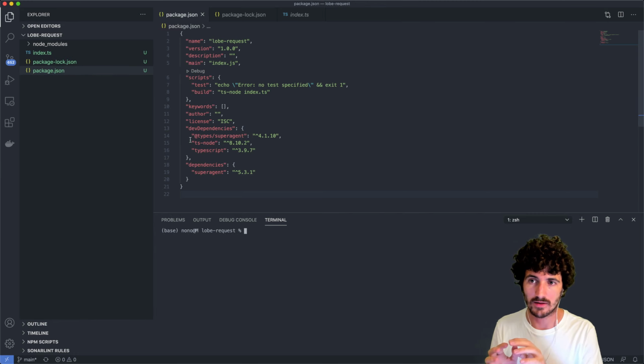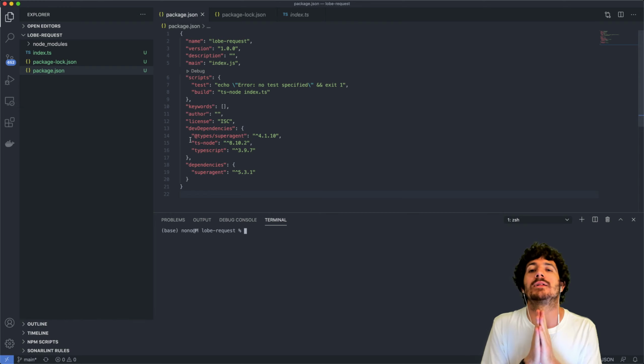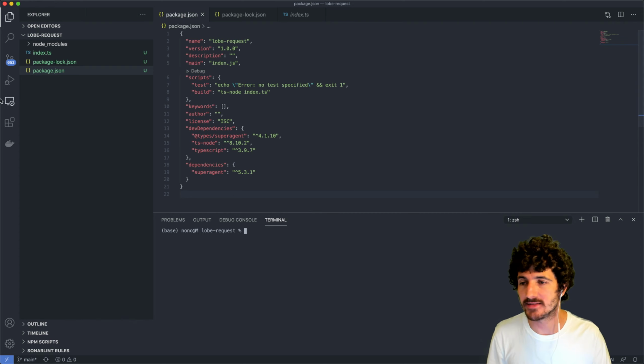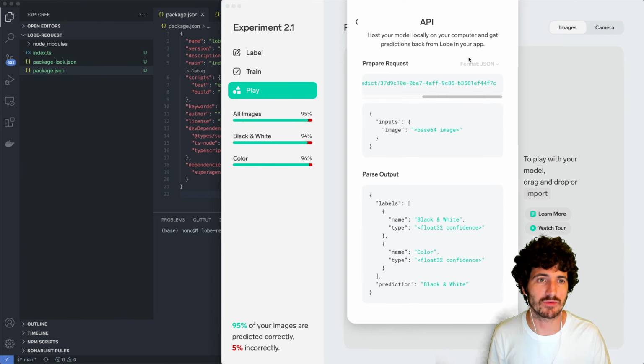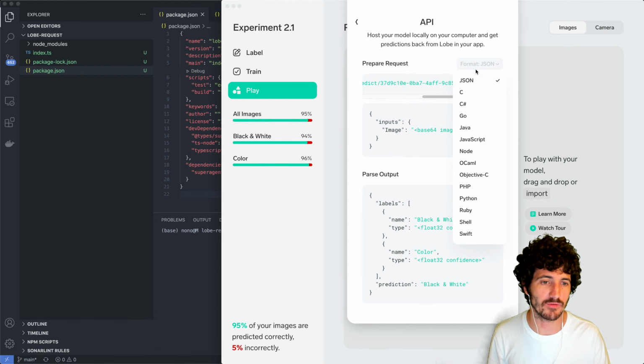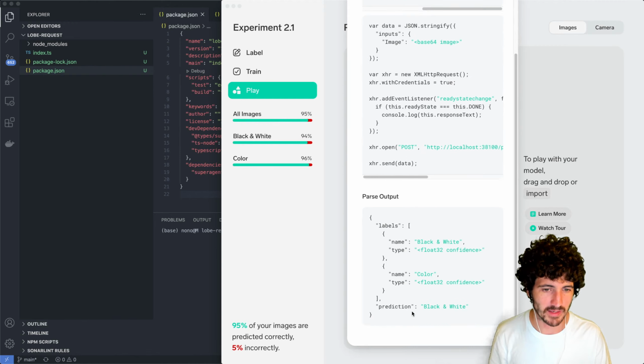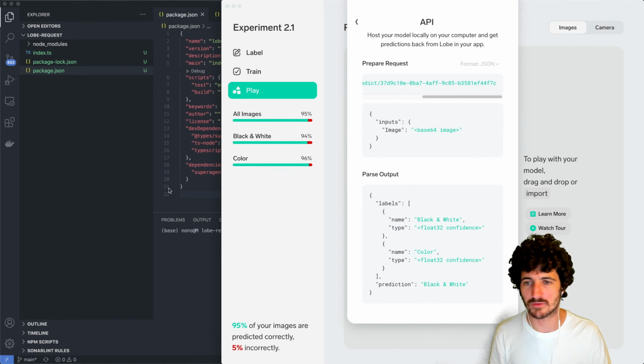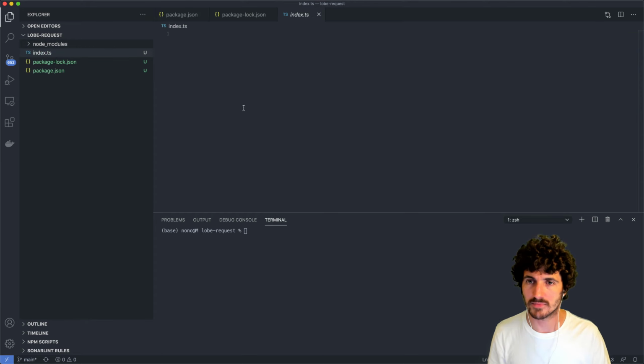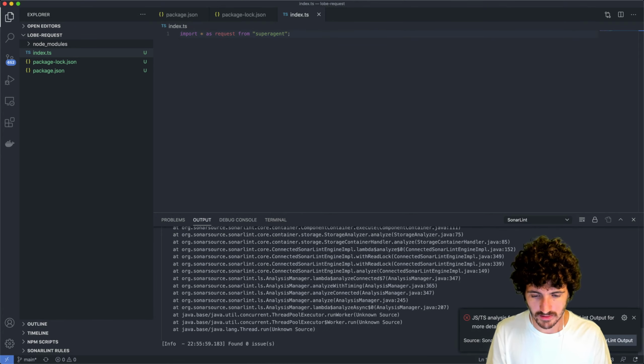And that's just like an application that is serving, how can I say, so Lobe is creating an HTTP server. So Lobe is actually right now serving an HTTP server, and from any language you can make a request. For example, in Java or in JavaScript, so you can make a request and get the results. So right now I'm just looking at the JSON here because we're just gonna write in TypeScript and do that. So the first thing we'll do is just import the request from Super Agent,